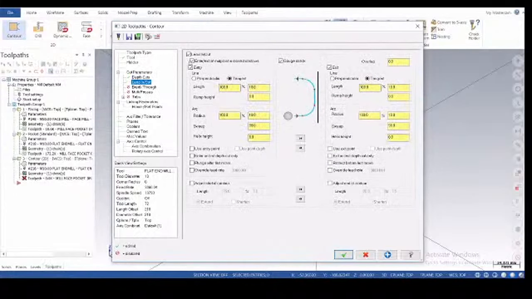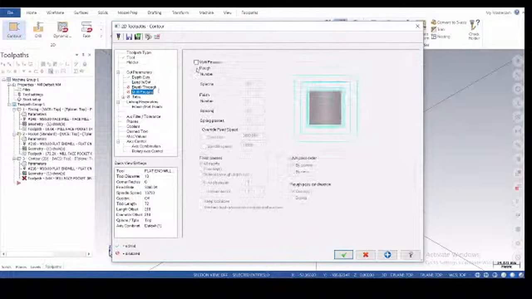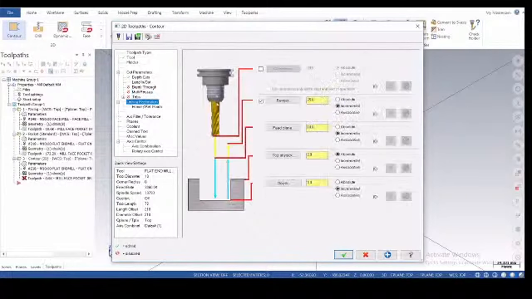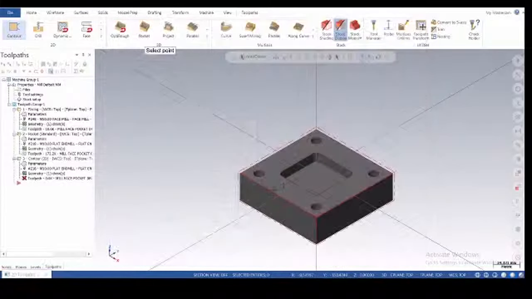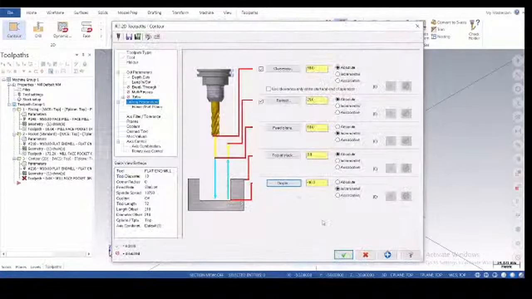Lead in, lead out. Here this lead in, lead out is needed. Okay, and if you need any multi-passes, then you can also provide that. Come to the next, linking parameters. Okay, just provide the value and depth.